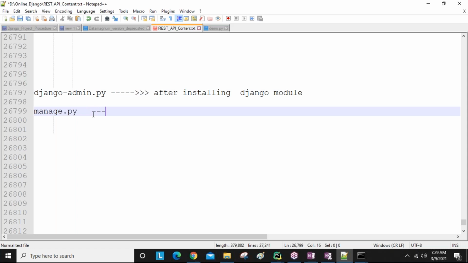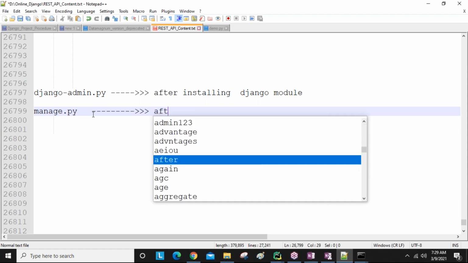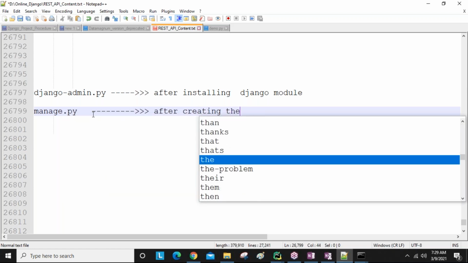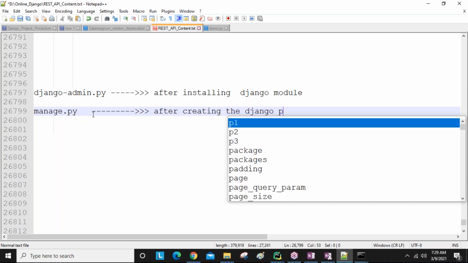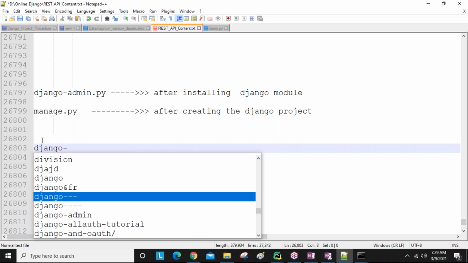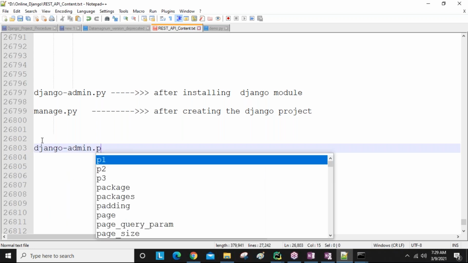Clear, guys? Yes sir. And when does the manage.py file come into your system? After creating the Django project, in your project location, this is available; it comes simply. Next, the django-admin.py file is responsible for creating the Django project.